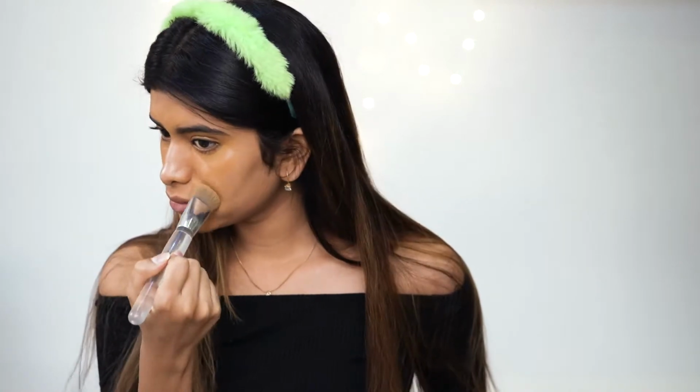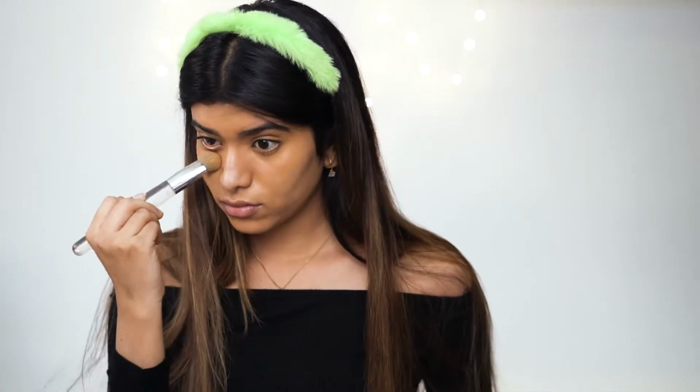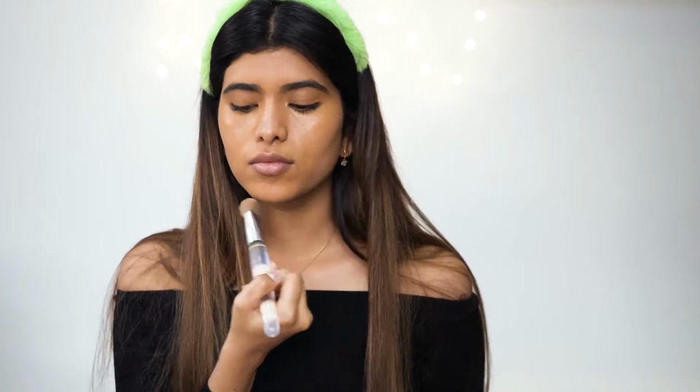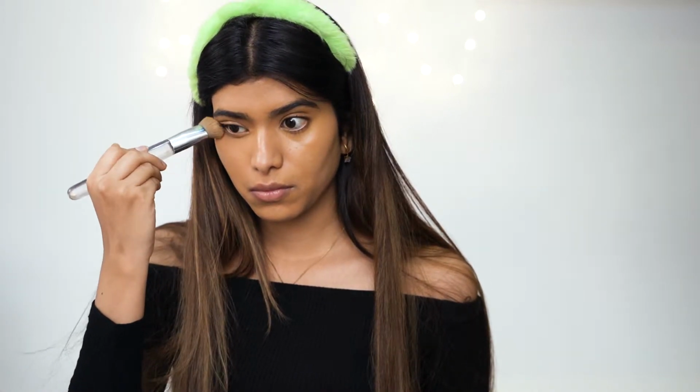And sometimes when I'm lazy and I don't want to put makeup on my face, I just put this concealer on my bare face and blend it well and put some powder and I am good to go. Once I have applied my concealer, I wait for at least 2 minutes to let it sit and then apply